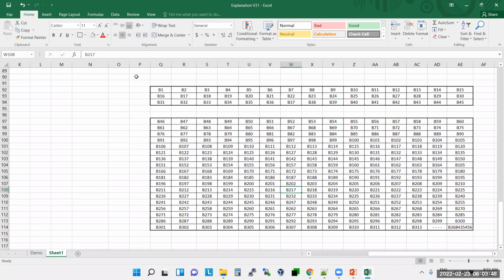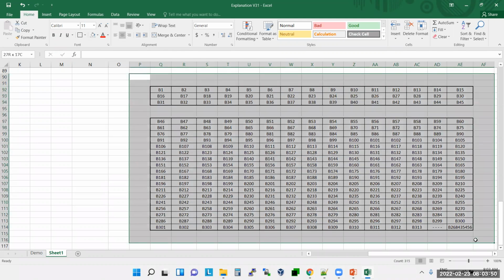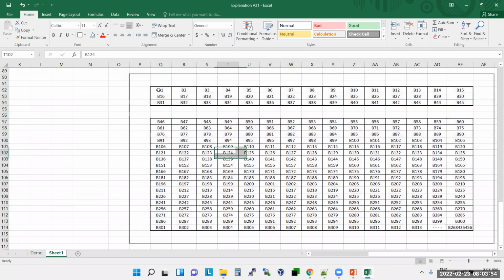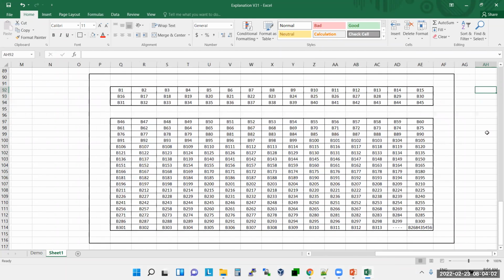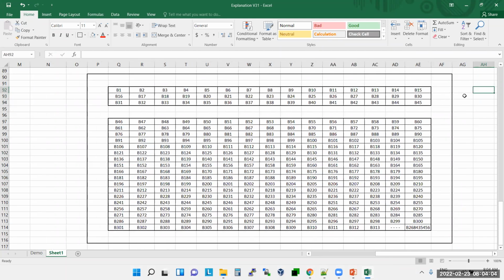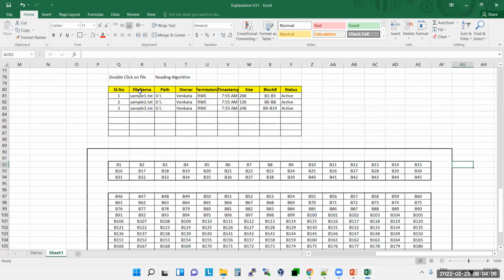So now this is your overall disk, and it is divided into 2 parts. One is the place where it will maintain the table.